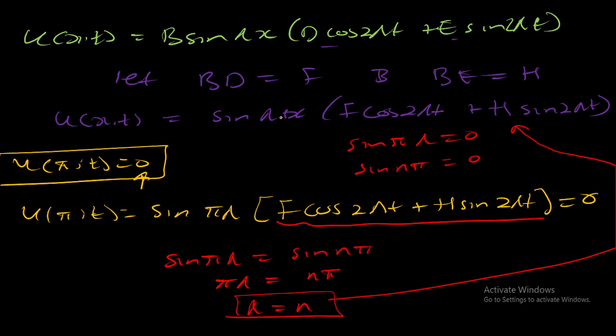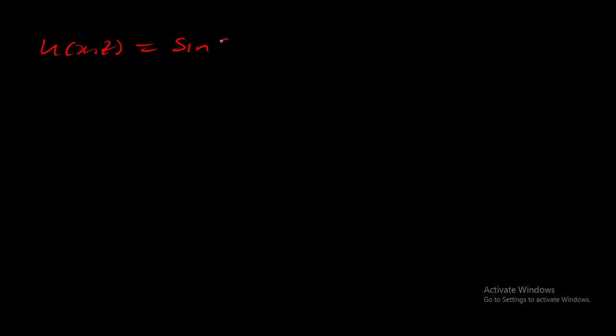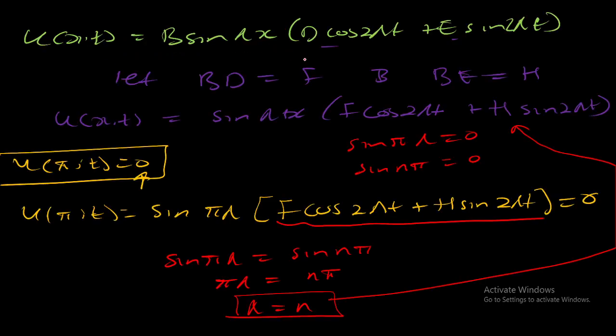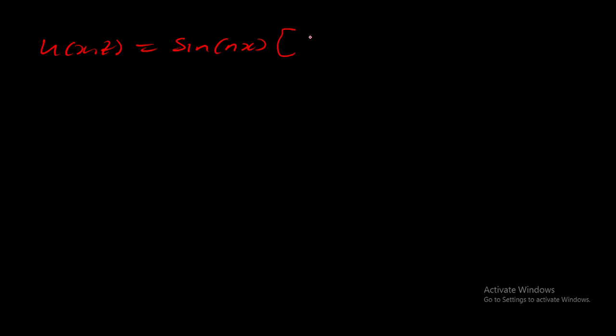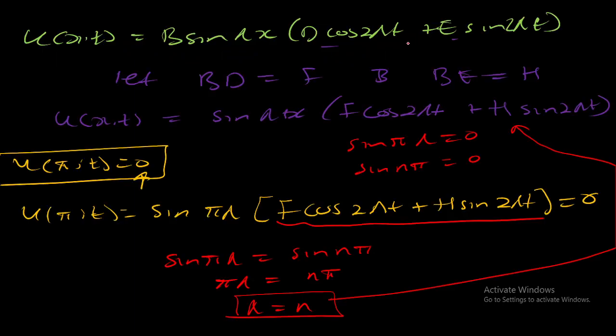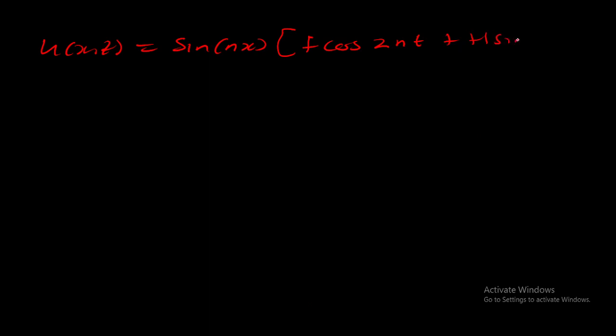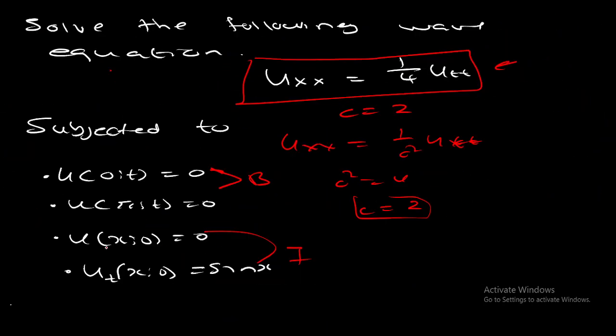We're going to end up with u of x,t, which is equal to what? Sine of nx into what? f cos of 2nt, plus h sine of 2nt. Okay, cool. So now we have our third condition which we need to substitute, which is u of x,0 is